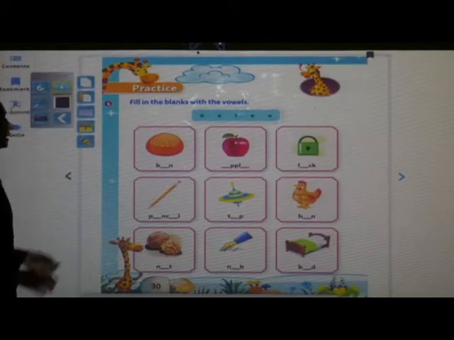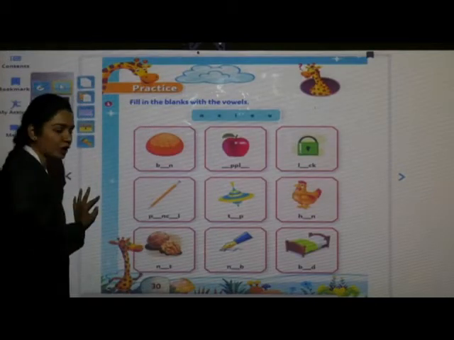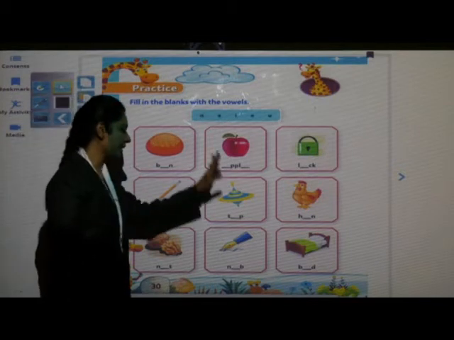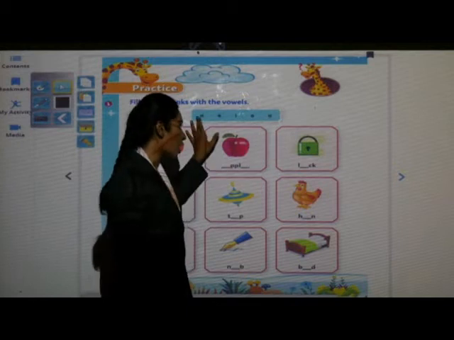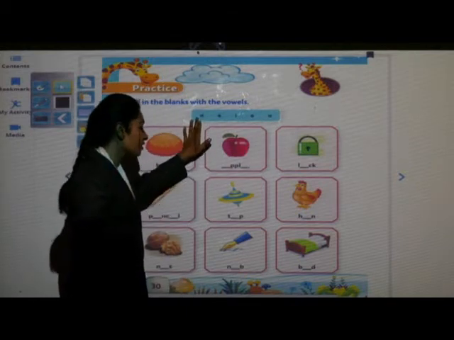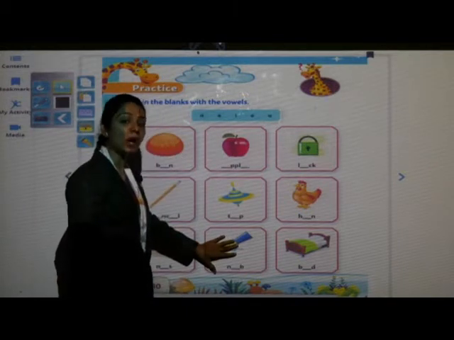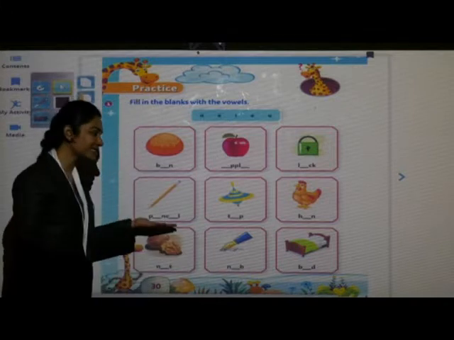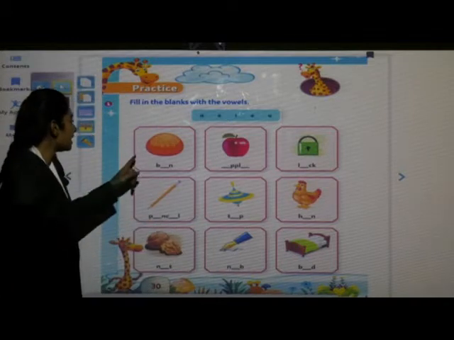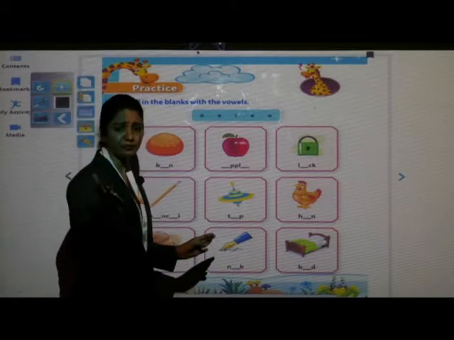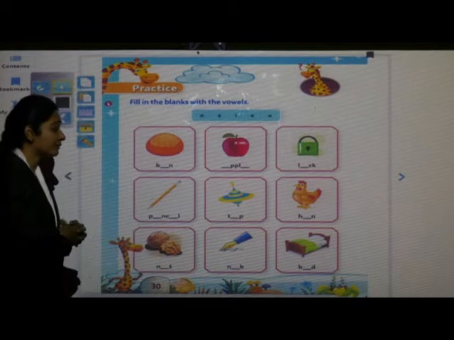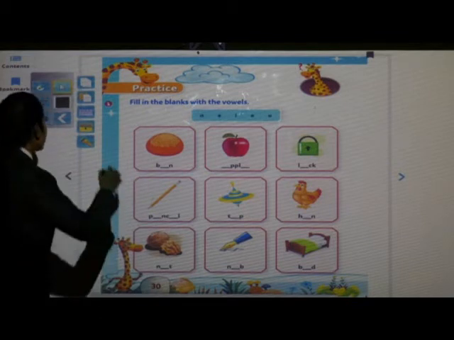Take your pencil. Now again one practice sheet is there. What we have to do is, here are some pictures and the vowels are in this box. With the help of this box, we have to complete these words. Okay, these are the missing words. Now children, tell me which picture is this? And many of these words we have learned before. Okay children, now you have to give the answer. Which picture is this? Come on.